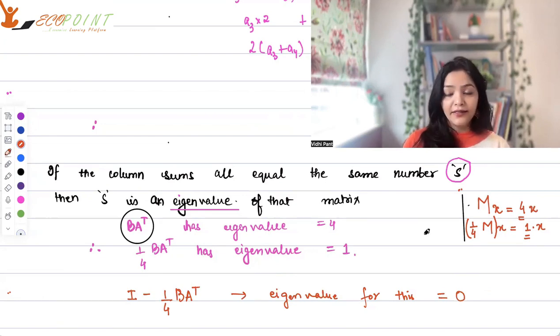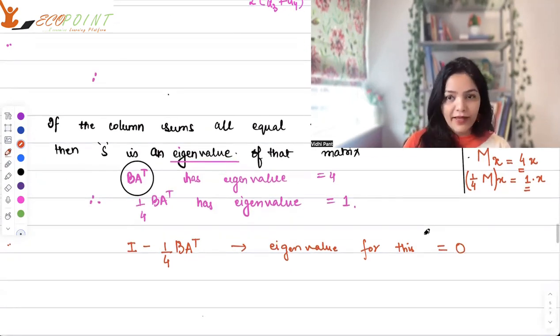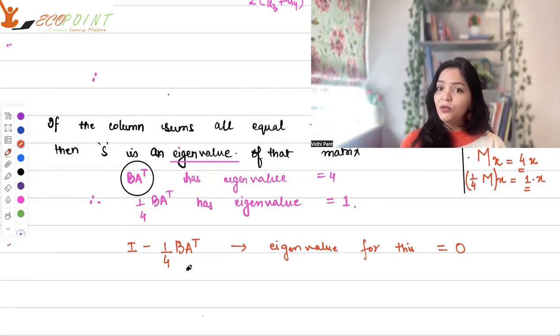अगर A का eigenvalue 1 है तो I minus A का क्या होगा? 0 होगा. So I've used that fact here. So अगर किसी matrix का eigenvalue 0 है, do you remember what will be the determinant? Determinant is basically product of all eigenvalues. The moment one of the eigenvalues is 0,